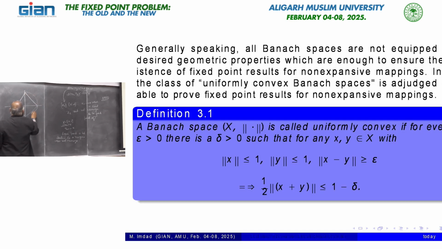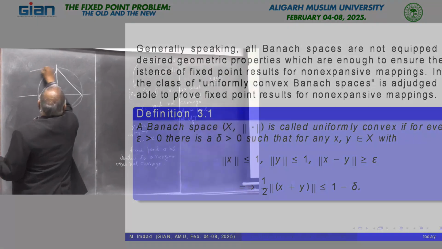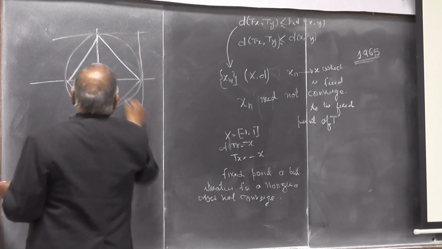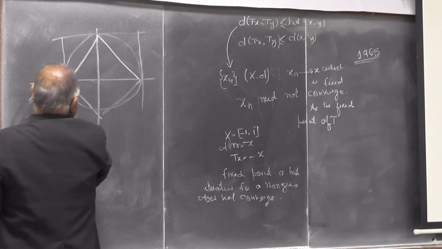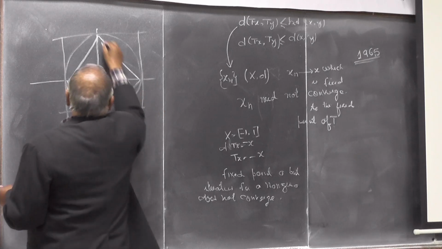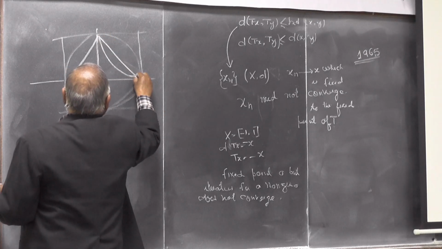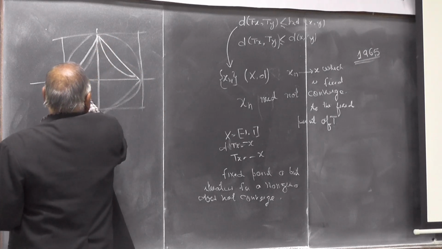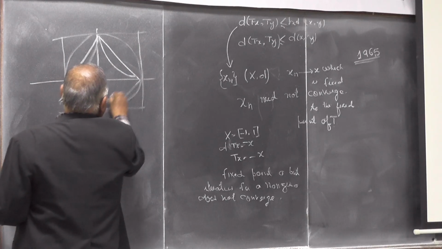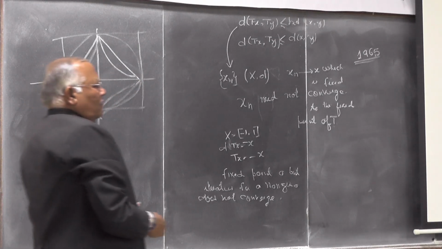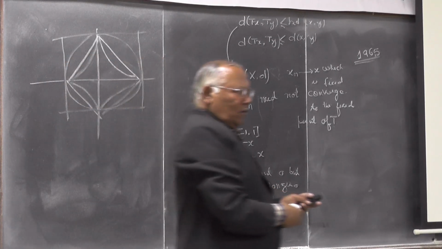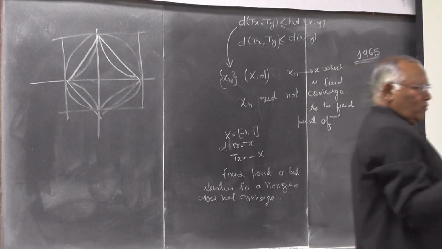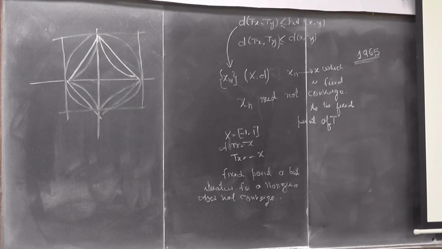This picture you may have in your mind. In the Simmons book, especially on topology, this is there, and there is one more on this very figure. Look at the natural ball on R2 itself, not Rn. If you generalize the natural ball on Rn, and R2, they are always uniformly convex, because if